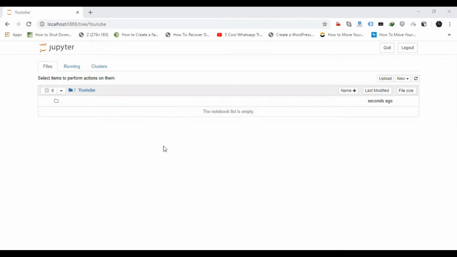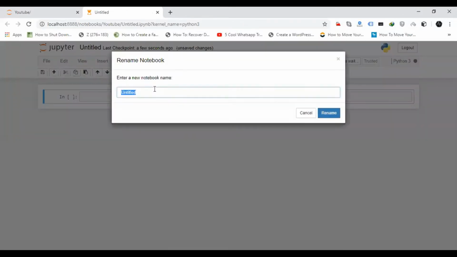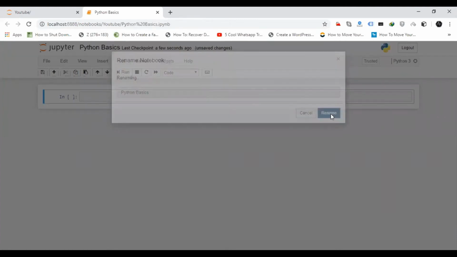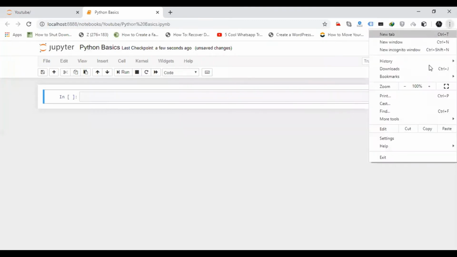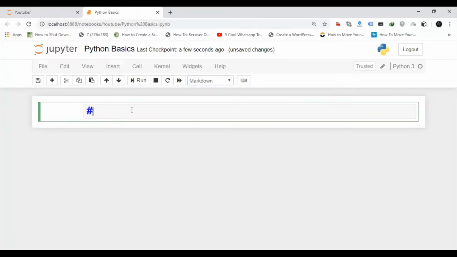So let's get started. Here I have opened my Jupyter notebook. I will click on New and click on Python 3 to create a new Python 3 file. Then I will rename the file as Python basics. I told you in the previous video that this is a cell where we write the Python code. Here I'm giving a topic heading: